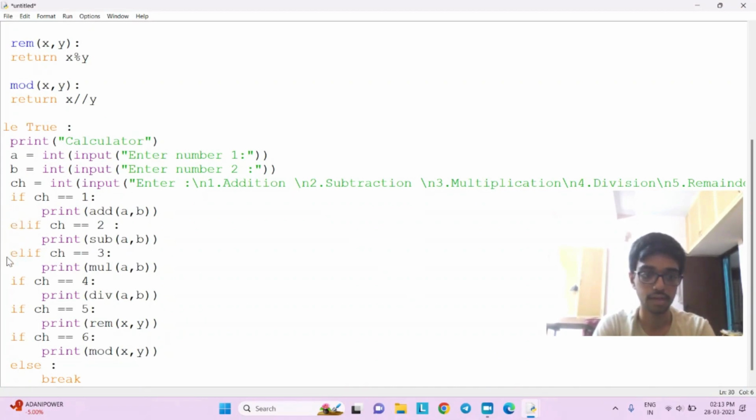Also, I found out I accidentally put all elifs as ifs. Let me just change that and get ready for the program. Okay, we're good to go.